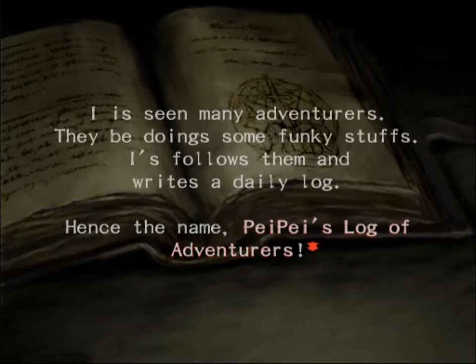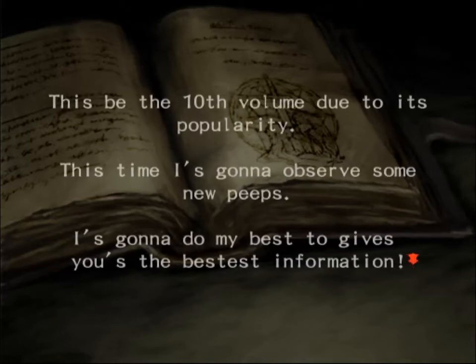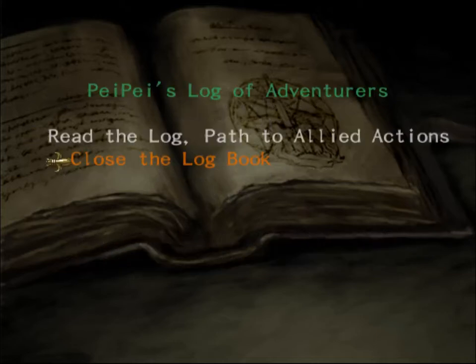I seen many adventurers. They be doing some funky stuffs. I follows them and writes a daily log. Hence the name, Pepe's Log of Adventures. Adventurers. Pepe? Are you an orc? This be the 10th volume due to its popularity. This time, I's gonna observe some new peeps. I's gonna do my best to give you the bestest information. Oh boy. Okay. The log path to allied actions? I mean...